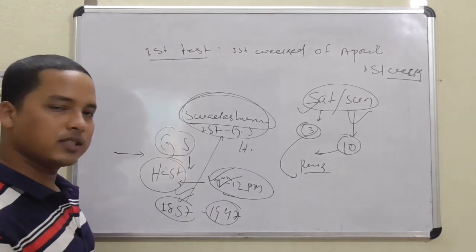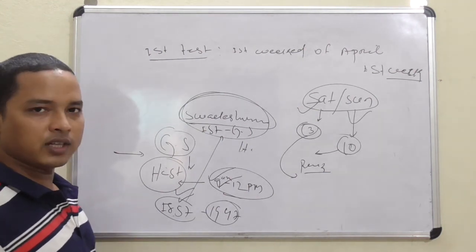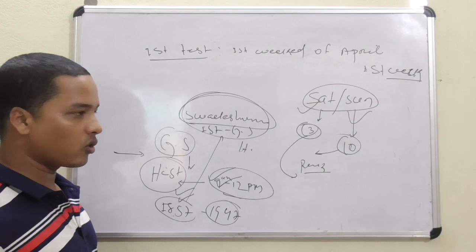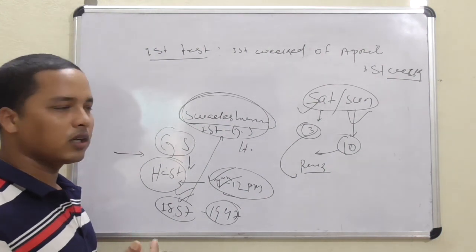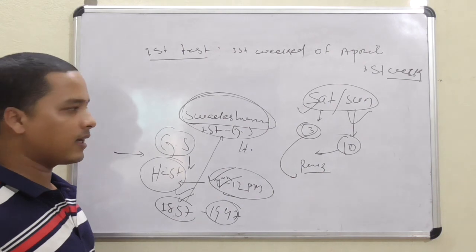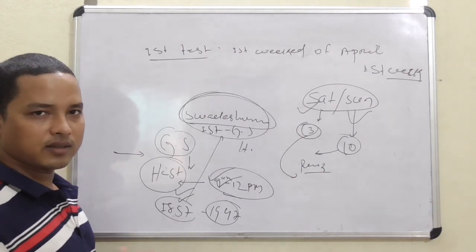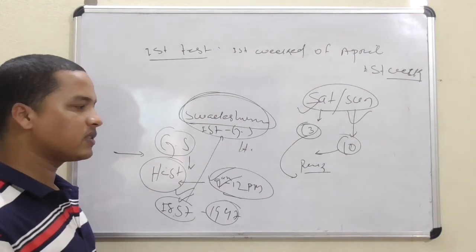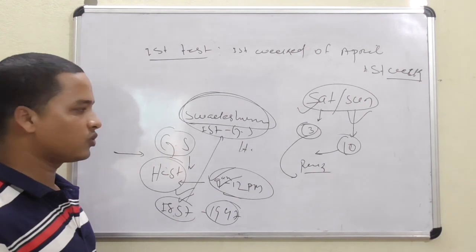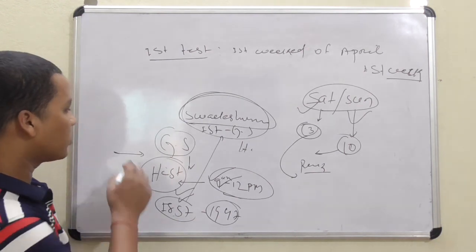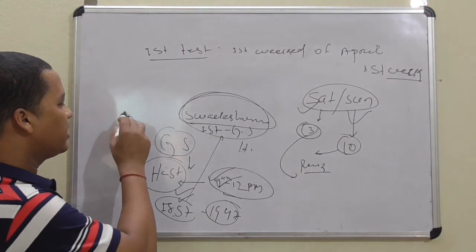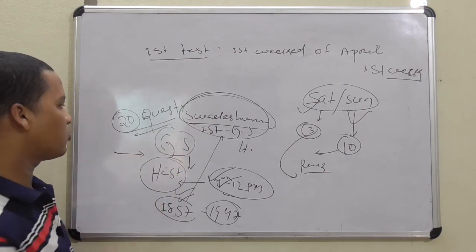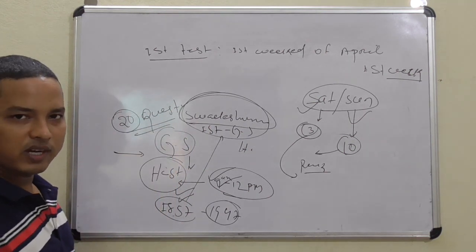Within this you have to go through the socio-religious reform movements, then the Congress formation, then moderates and extremists, the 1892 Council of India Act, the Bengal partition, etc. So there are movements, and then some important leaders, that means personality-based questions. Now how many questions would there be? It would be 20 questions.